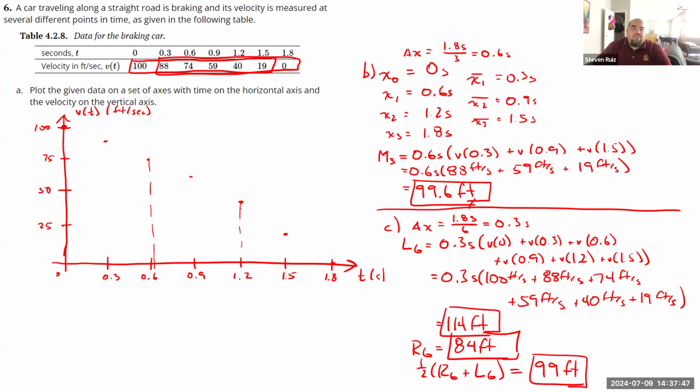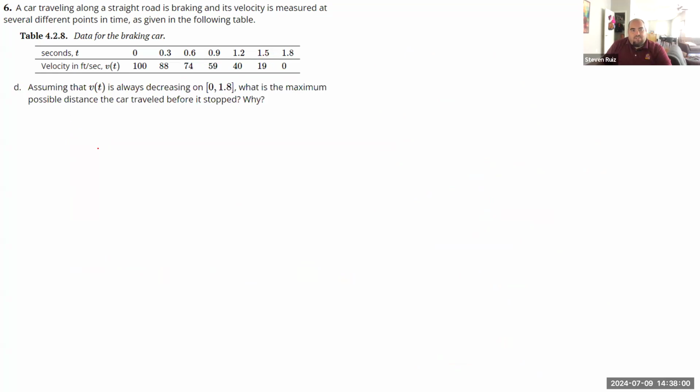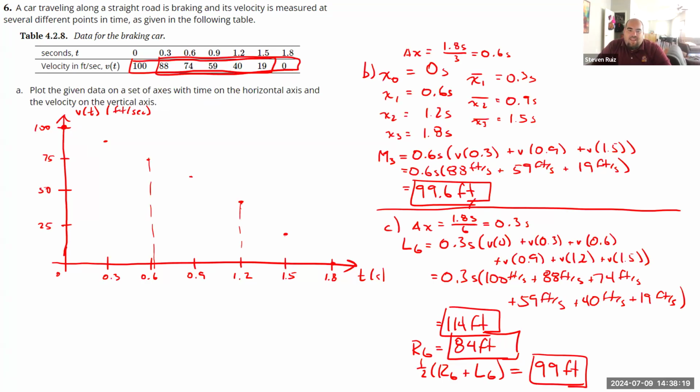If V of t is always decreasing, then what's most likely to happen is we have a smooth curve that kind of unites all these things. But we don't know that for sure. Let me see if I can get a better idea what this is looking for. V of t is always decreasing. What is the maximum possible distance the car traveled before it stopped, and why? I think that maximum is probably going to come from our left-hand endpoints, because even though it probably doesn't look like this,